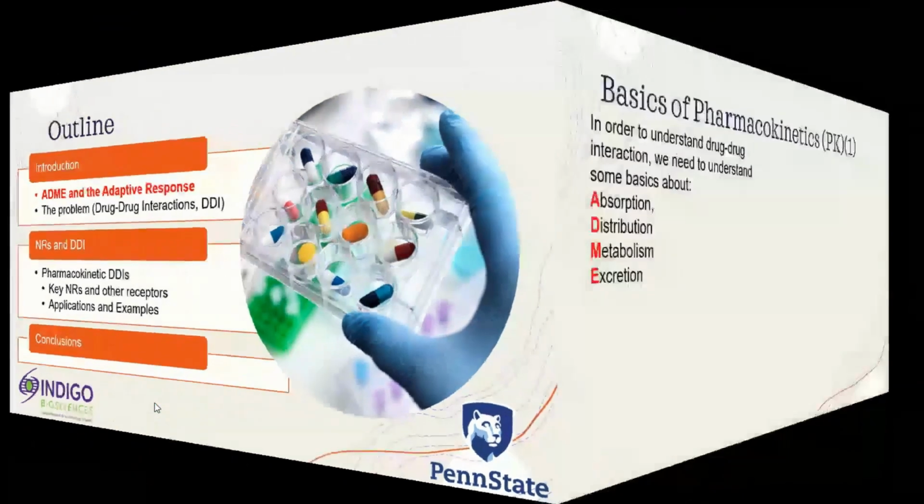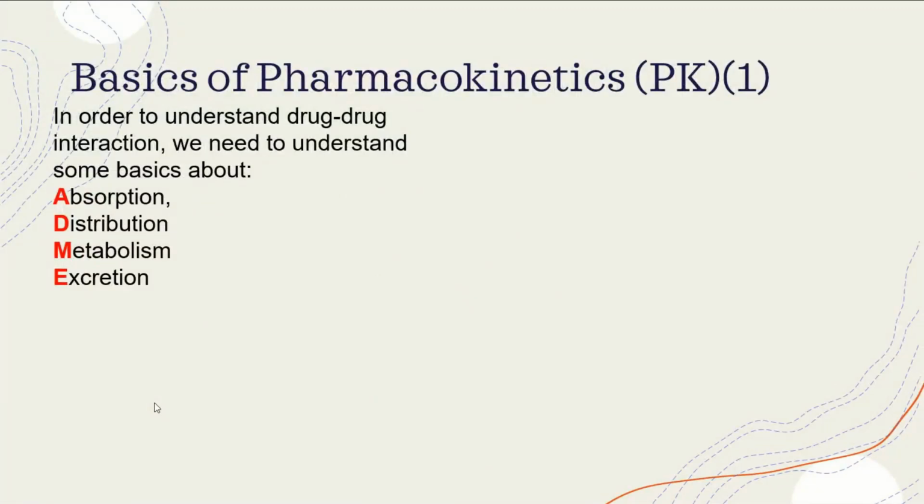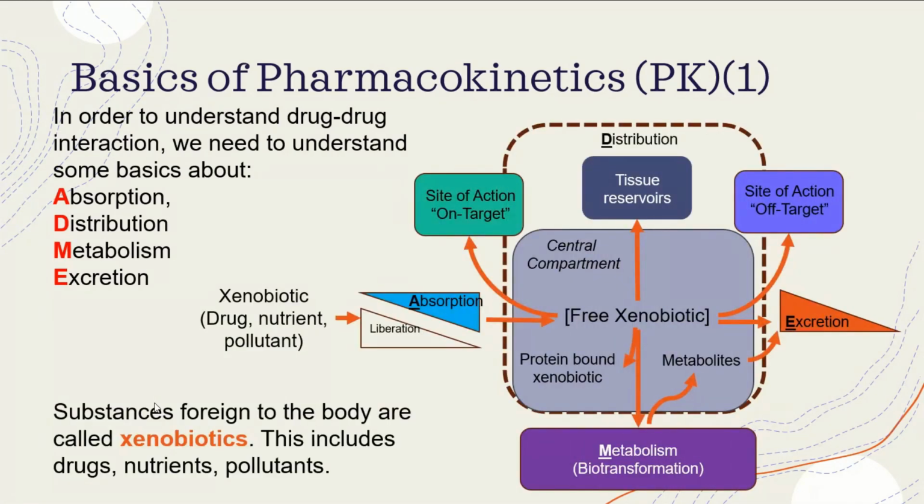So let's start with the basics of pharmacokinetics. And in order to understand how a chemical is going to be processed, looking at things like half-life and effective concentration, we have to look at things like ADME, or absorption, distribution, metabolism, and excretion. And when we're talking about this, we're going to be talking about xenobiotics. So these are any chemical that is foreign to that organism. So we tend to think of this as a drug, a nutrient, a pollutant,